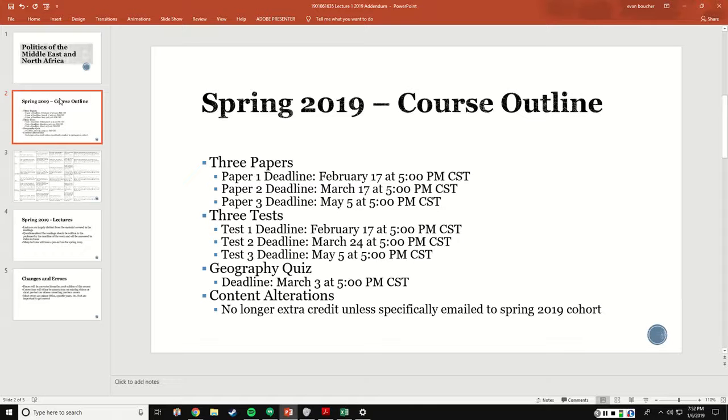And overall, I think it's really important for students to sort of be aware of what the expectations are for upper level courses. And so I've got 3 papers for this course and 3 tests. This is much better in terms of workload than the original online iteration, which required students to do weekly papers in order to force you to keep up with the readings. Because this course is larger, and because I felt like students weren't given a chance to breathe during the last iteration of the course, I've trimmed down the work, but the work quality has gone up.